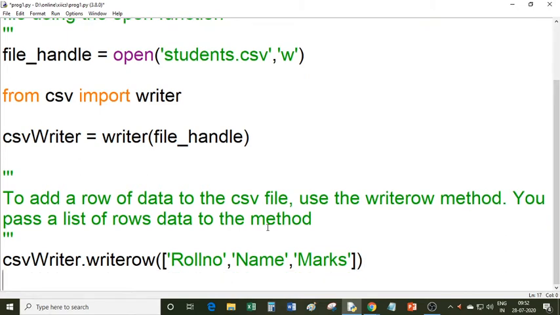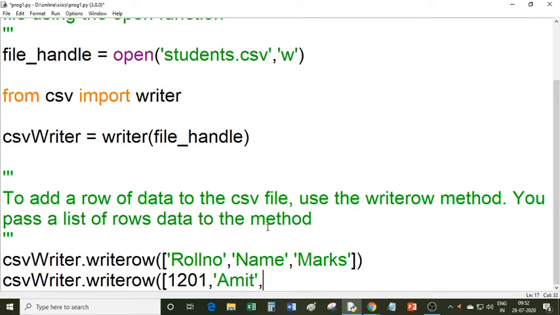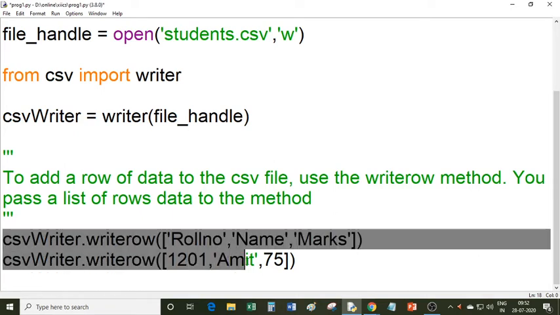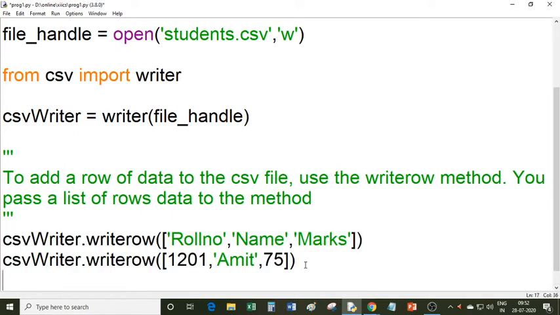If you want to add one more row, then you can again call the writerow method, csv_writer.writerow, and inside this again you can pass one list. So 2 rows I have inserted inside the CSV file.